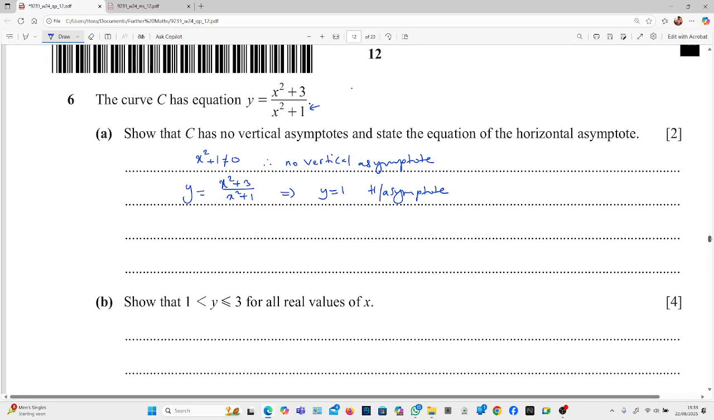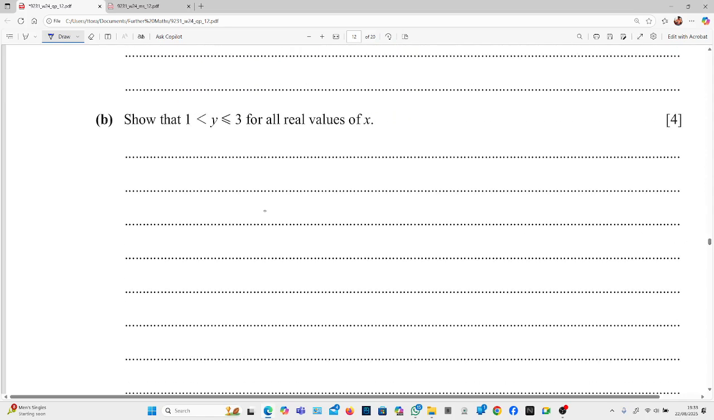As for the second part of the question, we need to show that 1 is less than y less than or equal to 3. So if y is equal to (x squared plus 3) over (x squared plus 1), then we can rearrange this, multiplying by x squared plus 1, into y times (x squared plus 1) is equal to x squared plus 3. Rearranging this leads to yx squared plus y is equal to x squared plus 3. So grouping all the x squared together,